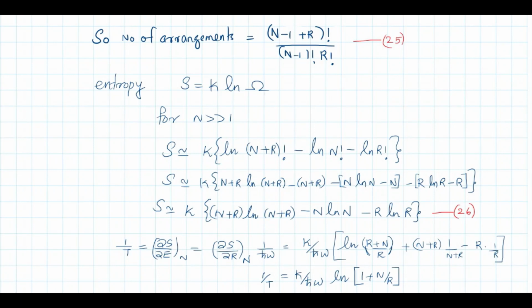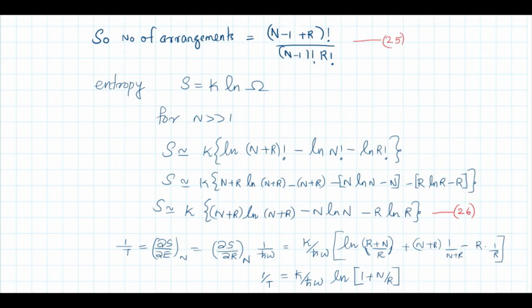Using this entropy, we can calculate the inverse of temperature. 1 by T is dou S by dou E, but here there is no E. But r is a measure of E. Okay, r packets, each having an energy h cut omega. So energy is r h cut omega, and there is of course the zero point energy, but it is a constant. So you can write dou S by dou E as dou S by dou r into 1 by h cut omega. So this is k by h cut omega into the derivative with respect to r of (n plus r)